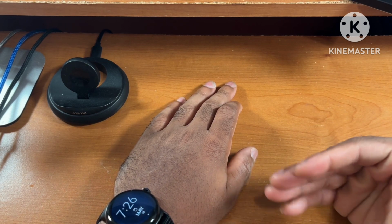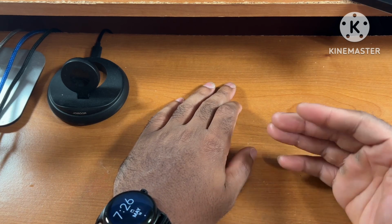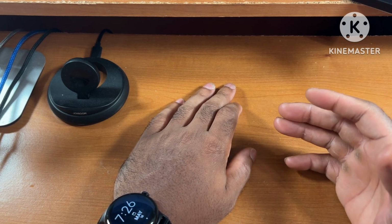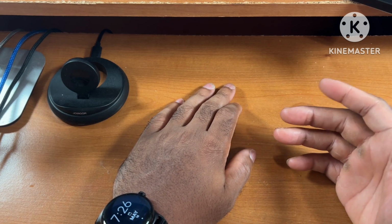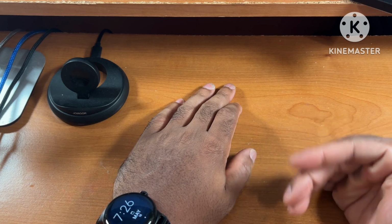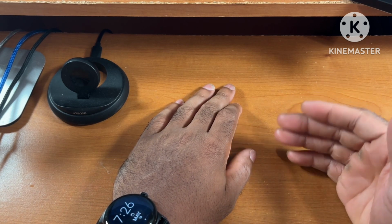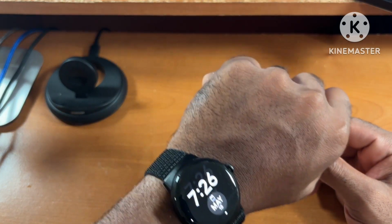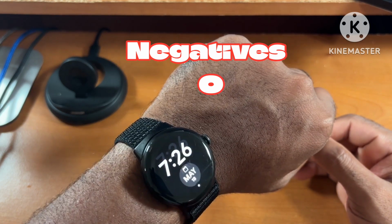And the price on this one, which is something we're going to talk about in a little bit here, is top notch as well. I actually was able to get this for a really great price, and it does come in a variety of different colors. So that goes over all of the positives that I've experienced with this band for my Pixel Watch first generation. Now, talking about the negatives, I have to say there really aren't any, at least in